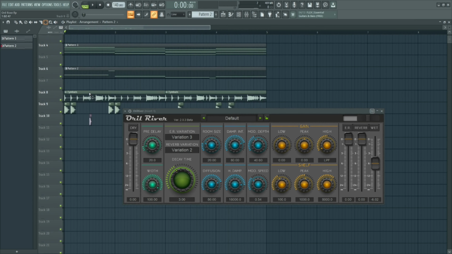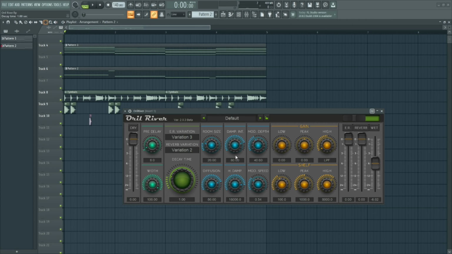And it is going with this beat, so we'll just turn it on, and we'll start with the default preset, and shape our reverb, and I'll show you how to do it. So first of all, we have the pre-delay. The width knob will just spread your reverb more into the stereo field. The decay time is just the amount of time that you want for your reverb tail, and the room size is the size of the room that you want to emulate for the reverb.